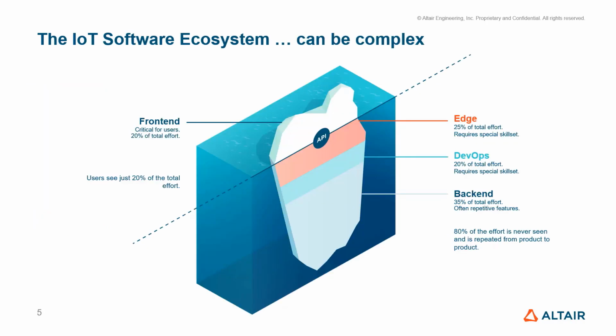To achieve any of these goals, we need to develop a connected product, and this involves managing an ecosystem that is made up of different pieces. As you can imagine, this process can be a bit complex, because developing an IoT software ecosystem is not only about designing the front end, such as the web or mobile application that your users and yourself will use to track the performance of your motorbike, but it also involves edge, DevOps, and backend development, which are crucial pieces of